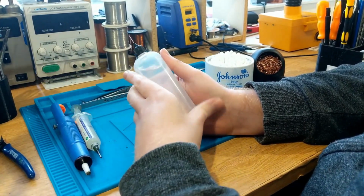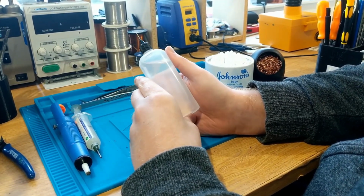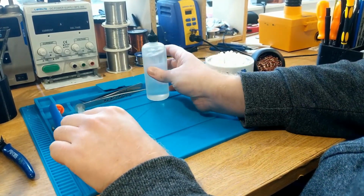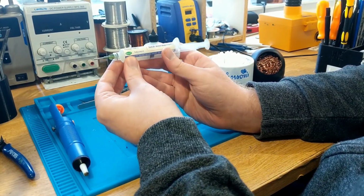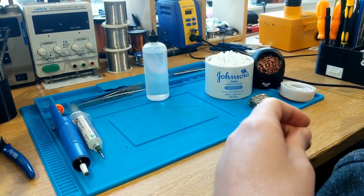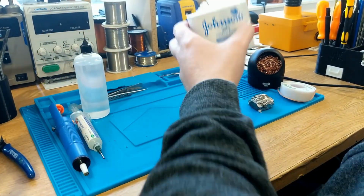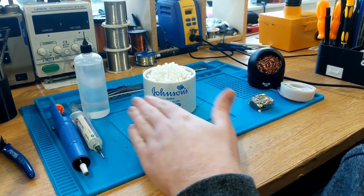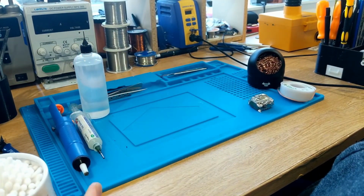It's absolutely fantastic for cleaning up areas that have dirt on them, on the boards, on wires, on whatever it is. But the other thing is, as I mentioned, it's a solvent, which means that it will dissolve the flux that you might be using, such as this one. And so, as you get crusty flux building up on your board, you just squirt a little bit of this on, then use the next thing that should be in your arsenal, which are cotton buds, cotton swabs, or if you're in America, Q-tips. It's always good to have these in your arsenal. Now next,